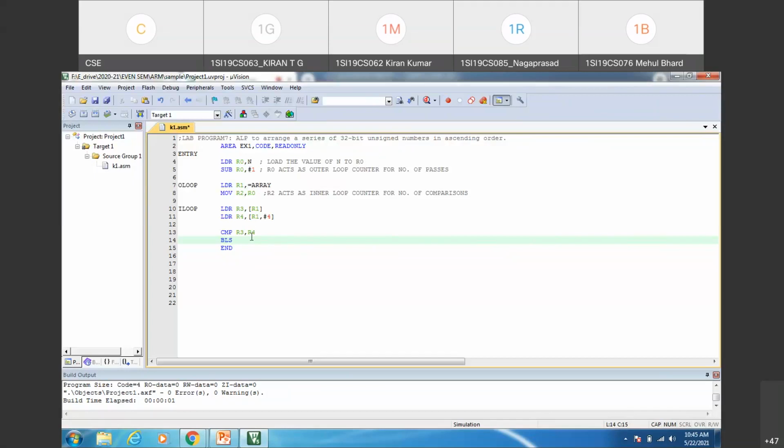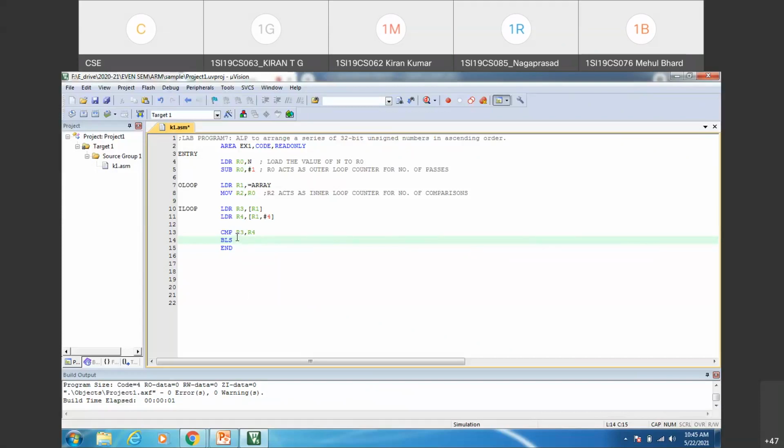If the first number is less than or equal to the second number, we need not swap. Here we are sorting the array elements in ascending order. So if the first element is smaller than or equal to the second, we simply take the next two elements from the array and perform the comparison again.